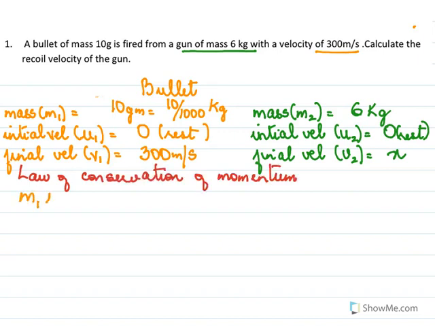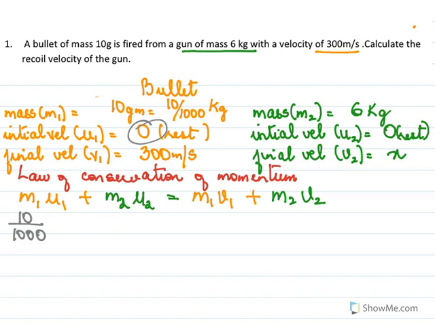we have initial momentum, that is m1 u1, plus initial momentum of the gun, m2 u2, will be equal to m1 v1 plus m2 v2. Let's go ahead and put the values. We know m1 here is 10 over 1000. u1 we know is 0. Here m2 is that of the gun, 6. u2 is 0,